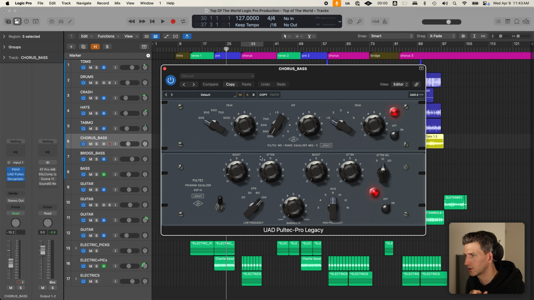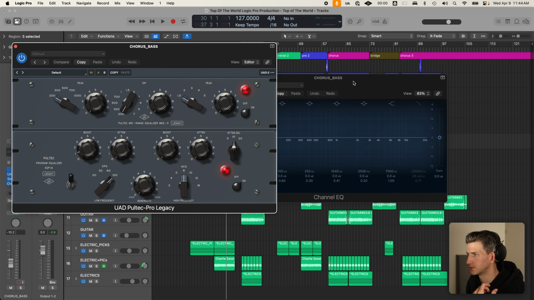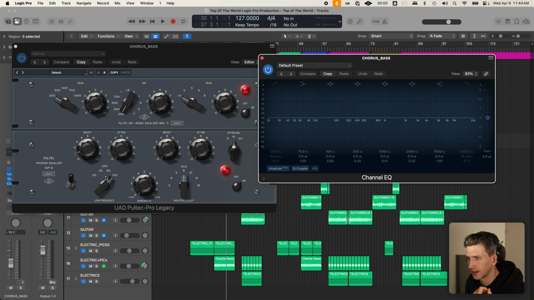So this kind of looks complicated, but what's really happening here, for those not aware of how to work EQs like this, you set these kind of boost, attenuation, and these three knobs here, they kind of work together. And what's happening here is, at 100 hertz, so right where this 100 here is, I boost it at 1 dB, and I believe